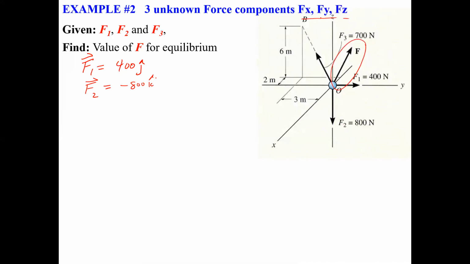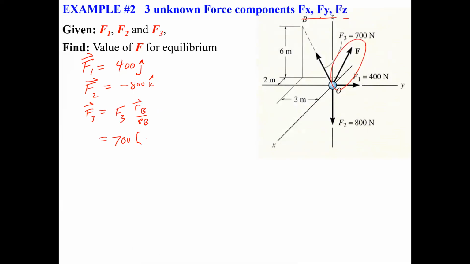Then there's F3, which we're going to have to go through that whole position vector to force vector kind of thing, right? So F3 in Cartesian form is going to be its magnitude, which is given to us as 700, times the position vector divided by its own magnitude, position vector RB. And that's going to give us 700, right, times